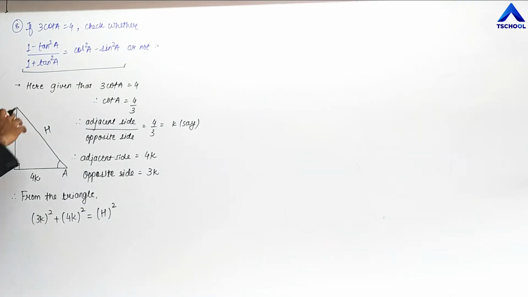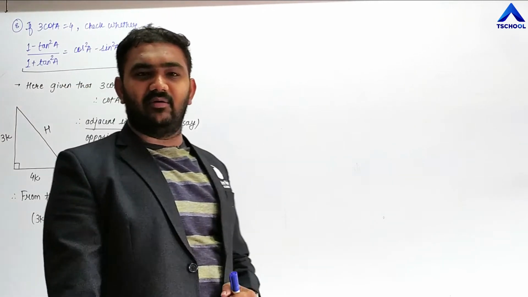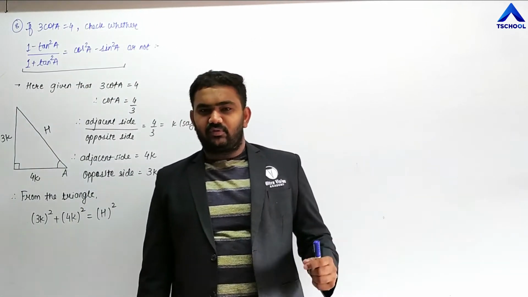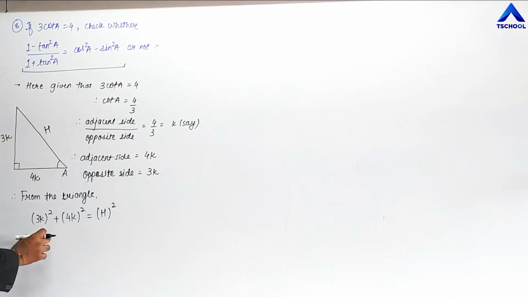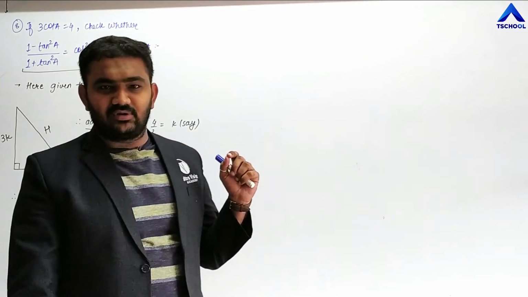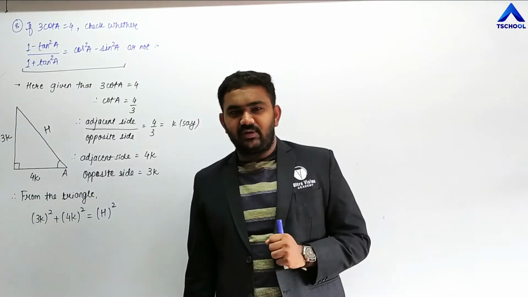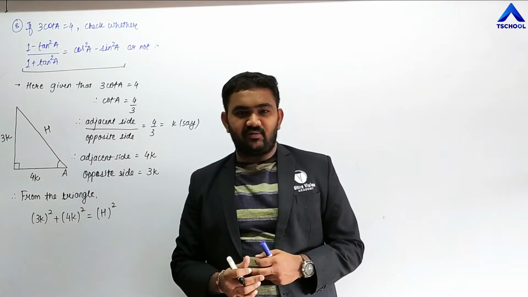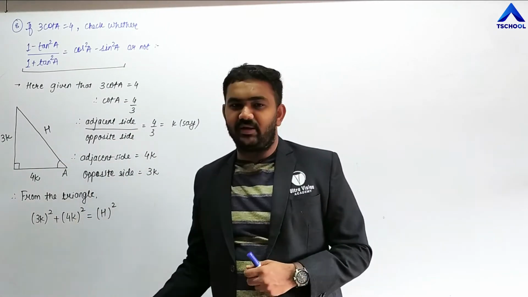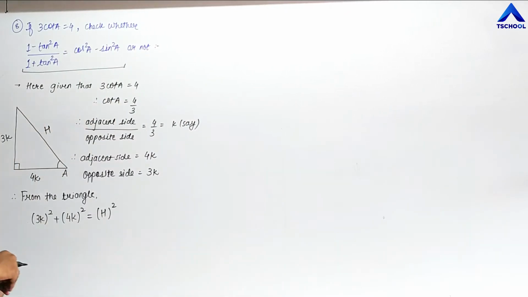When you need to check or verify this kind of sums, because this kind of sums are lengthy to write down, if you write it in the book, it will become almost 1 or 1.5 pages, so we can write it shortly here. But whenever you need to find out the trigonometric ratios, 6 different ratios are there. From that, one will be given and you need to find out the rest of the 5. At that time, you need to write down all the steps without omitting any step. So let us continue here.